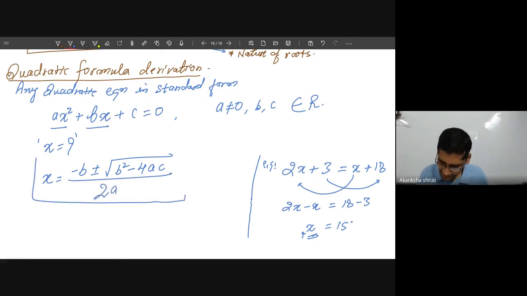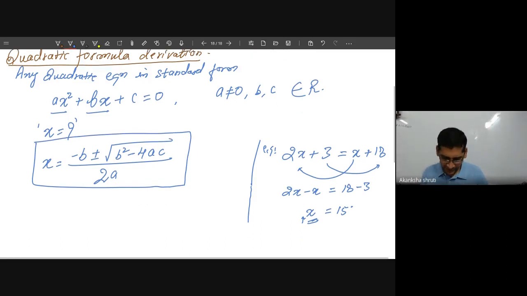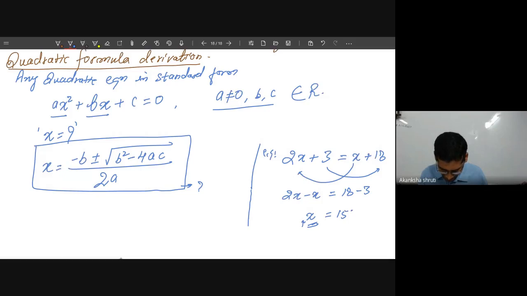This we will calculate. Means on calculation we will get this. So how are we getting this one? Here ABC, whatever ABC we are denoting here, are the coefficient of x square, coefficient of x and the constant term. If we are given an equation, we calculate ABC, then substituting them in this formula, we can calculate the value of x. It is the beauty of this quadratic formula. But how are we getting this? So that calculation we are going to do, meaning the proof.